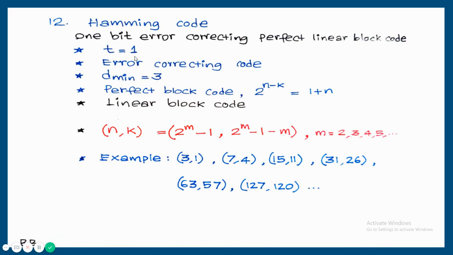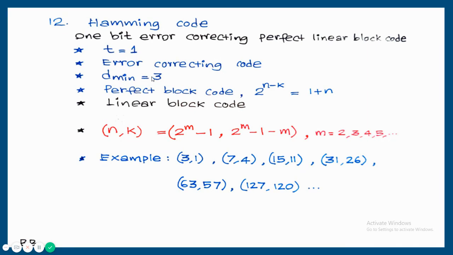And for error correction capability equal to 1, for getting a perfect answer, D minimum has to be 3, because the number of parity bits should be minimum. Even though we can go for D minimum equal to 4 with correction capability equal to 1, there we are using one more extra bit. When we use an extra bit, it is not the most efficient block code. So for getting correction capability 1, the minimum distance is needed. Then only we are able to say it is perfect.